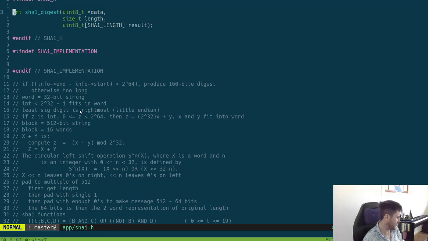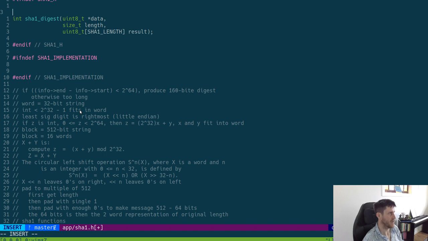And so this int is going to be the result, whether it failed or passed, and we're probably going to have to define SHA-1 length,